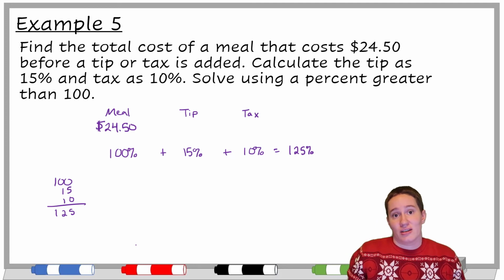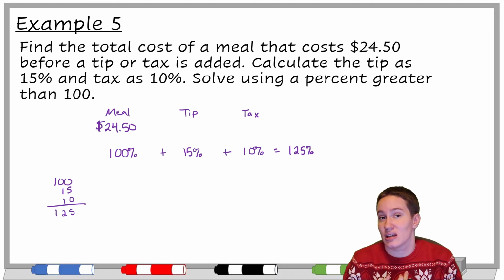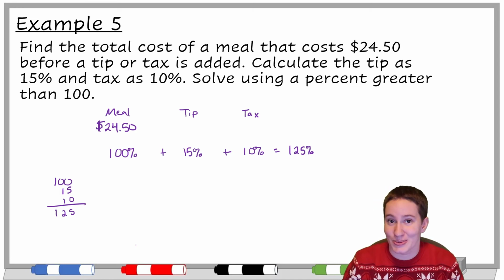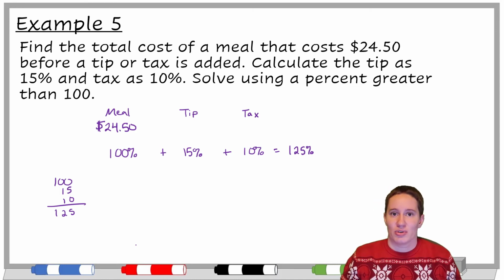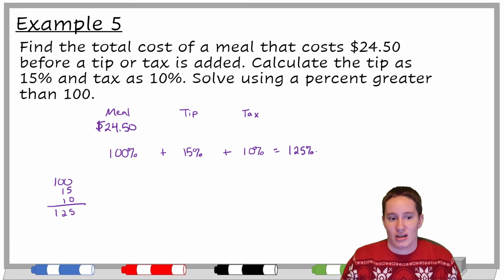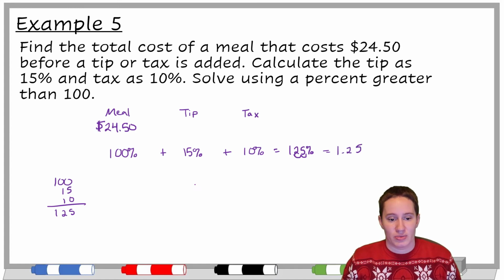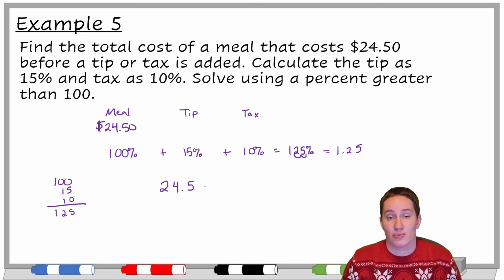So if we realize that we can do that, we can actually do easier multiplication and addition than we did before. Although this next part is a little tricky. If I want to multiply $24.50 by 125%, we first have to change it to a decimal. So that's 1.25. And then whenever we multiply these together, it would actually be easier multiplication if we don't put